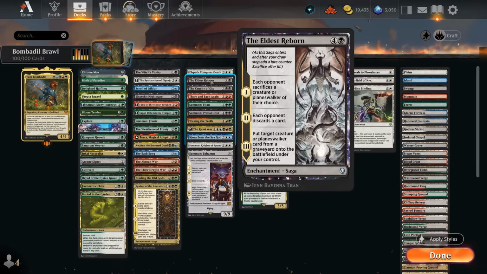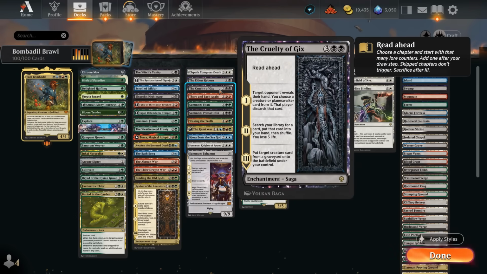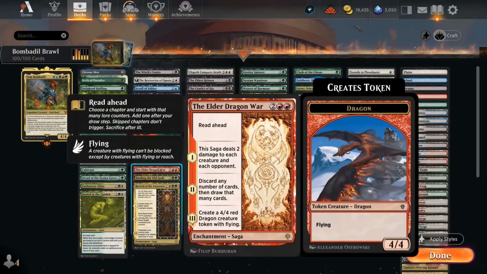Eldest Reborn can also be very effective if our opponent only has 1 creature or planeswalker on the battlefield. Cruelty of Gix can be pretty effective, as we get to disrupt the opponent's hand, then tutor something up at the cost of 3 life, and then we can even reanimate a creature from a graveyard. And it also has a read ahead mechanic, similar to the Elder Dragon War, so if we have Tom in play and we read ahead, we can immediately go to Chapter 3 if we'd like, triggering Tom's ability if we